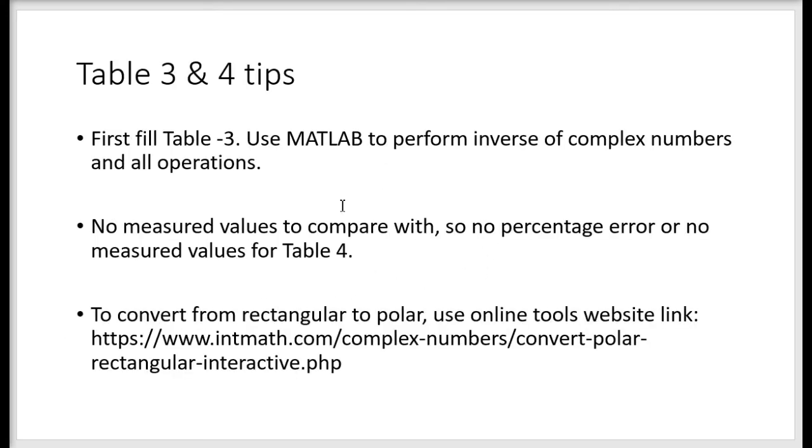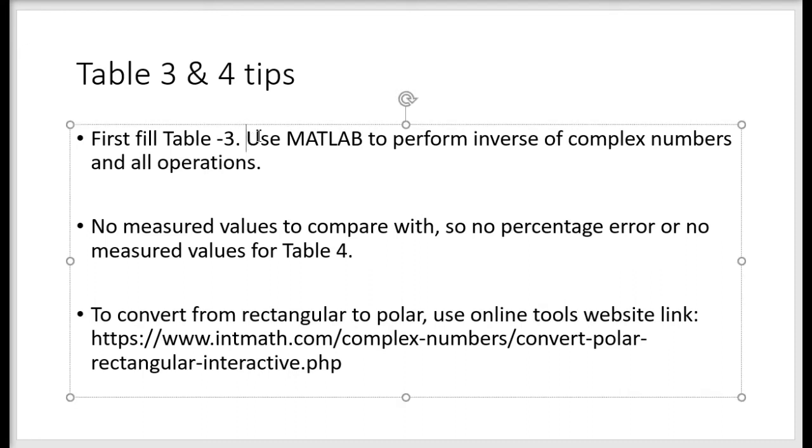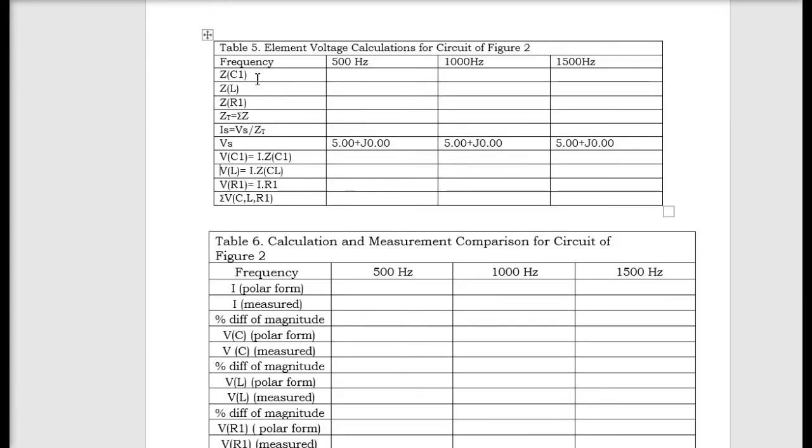So what you do is simply use MATLAB to perform these kinds of operations, because MATLAB makes your calculation a lot easier. For example, you first calculate the impedance, and then you do the inverse of that to calculate the admittance, right? If you look at table 3, when you want to invert the complex number, if you use MATLAB, that's going to be way easier for you. Okay,